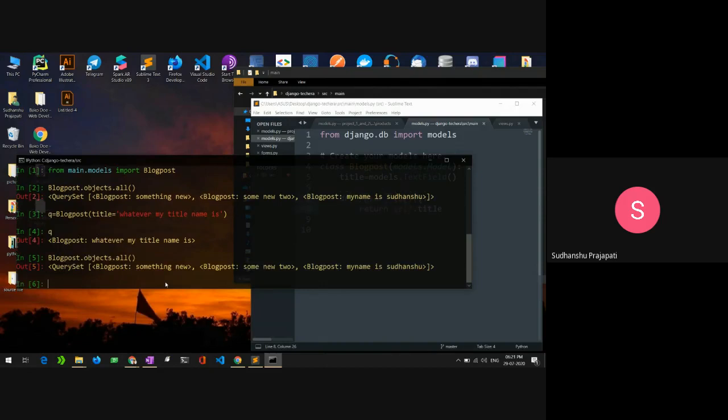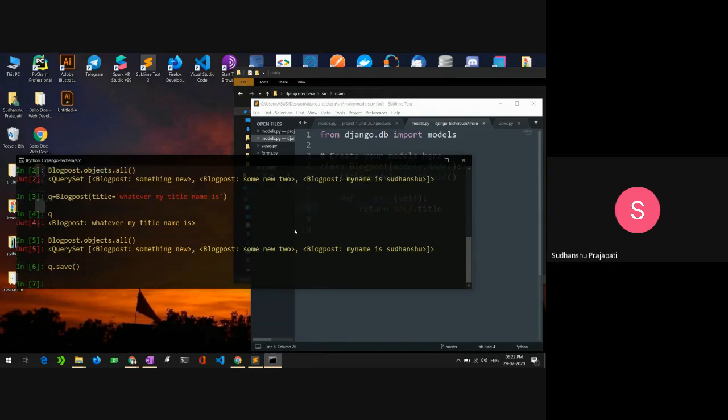You can see here we have not created the object inside the database, but we created a copy of an object inside the terminal that we are using right now. It's not saved in the database. To save it in the database, we have to run another command, that is q.save. And whether you are inside the Django models file or in the views file, wherever you want to save something inside the database, you have to run your object name and the dot save method.